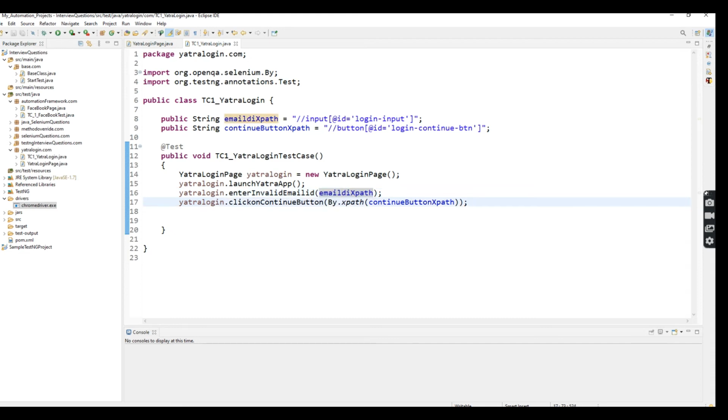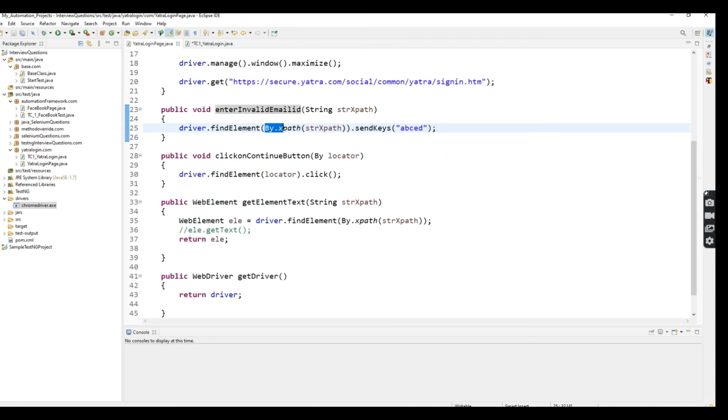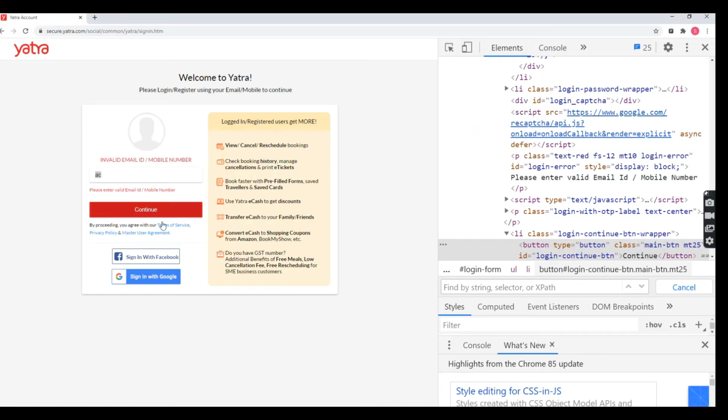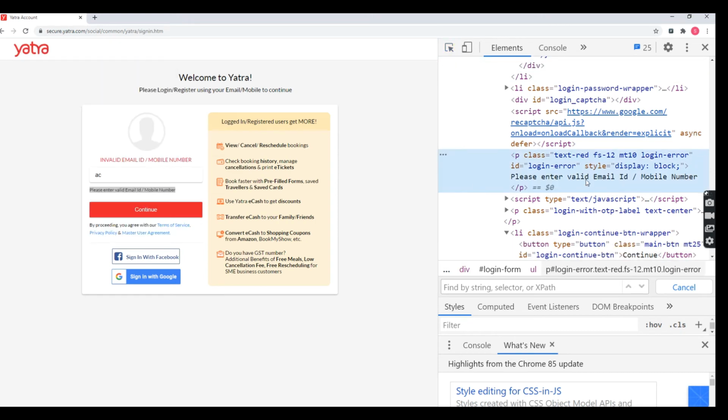The next method uses the web element, which I returned as web element 1, right? After clicking on the continue button, I'm going to get this error message. I'm going to take the XPath for this one.